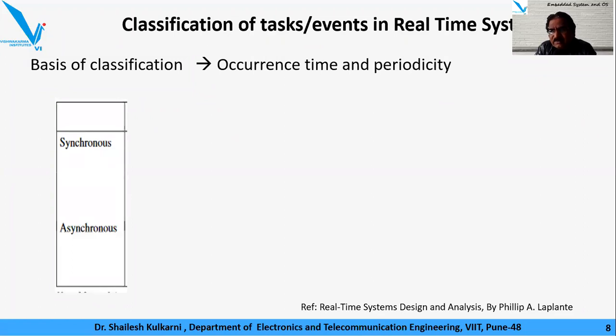Getting my point? Synchronous event and asynchronous event. What would a synchronous event mean? A synchronous event means that these events have some a priori known arrival time. Depending on the arrival time, we refer to that as a synchronous event. For example, when you are driving an activity with the help of a clock,